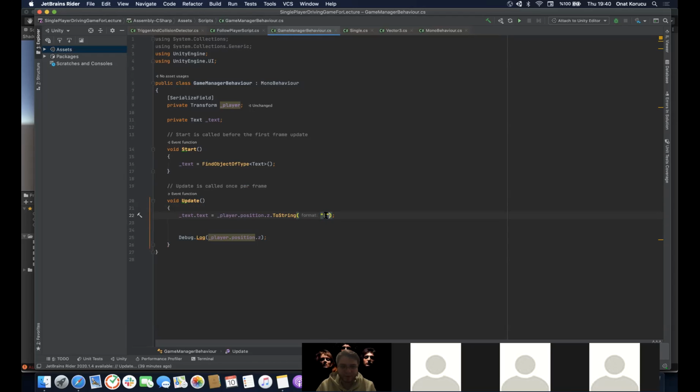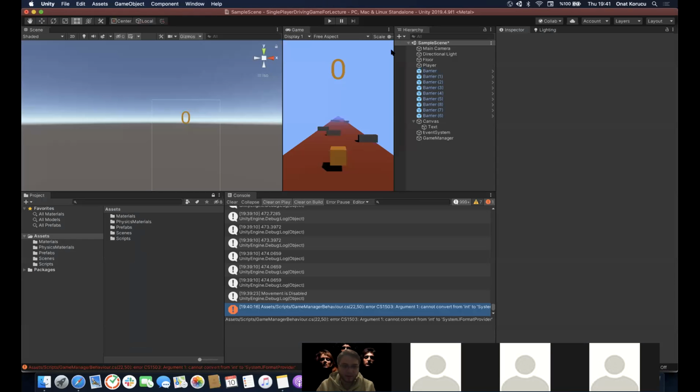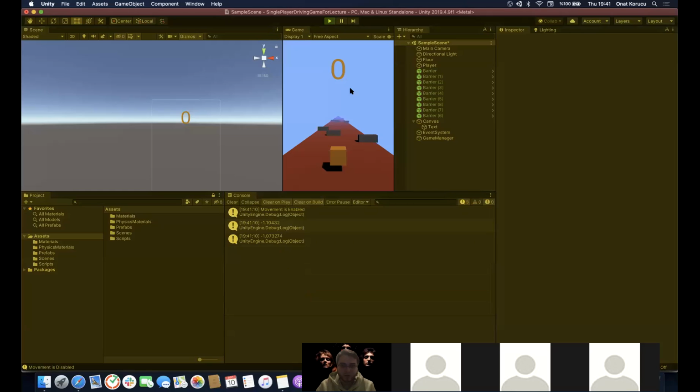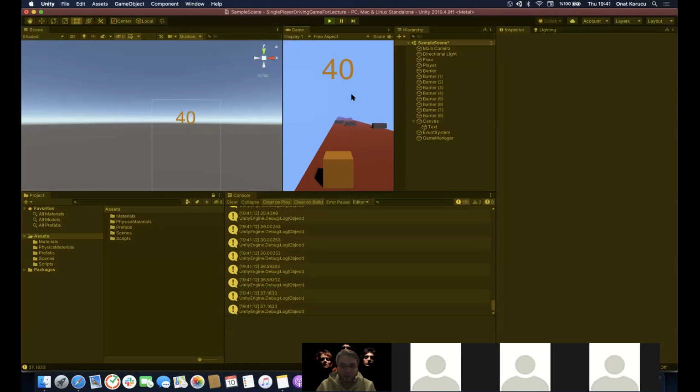I don't remember the name of this sign. So now it uses this format to show my string. I'm going to hit play again, and now as you see,